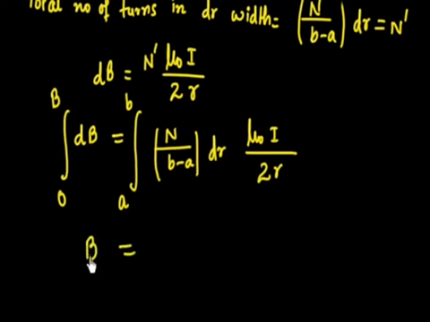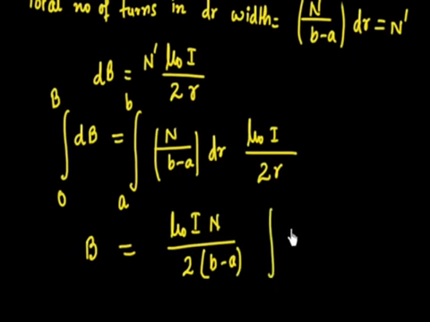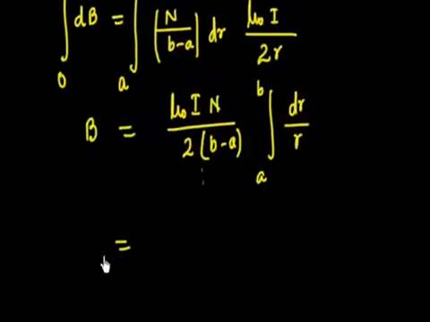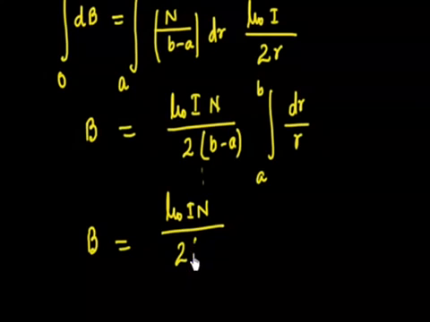So this side I will have total magnetic field B. And now if n by B minus A, so things are constant, I can take common. Mu naught is constant, I is constant, n is constant, divided by 2 times B minus A, that is also constant. So I am only left with 1 by r, so dr by r. Integrating this, I have to integrate from A to B. So things are simple. Now this means B is equal to mu naught I n divided by 2 times B minus A,